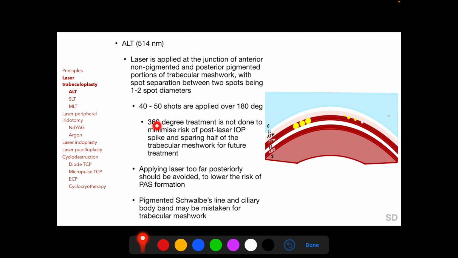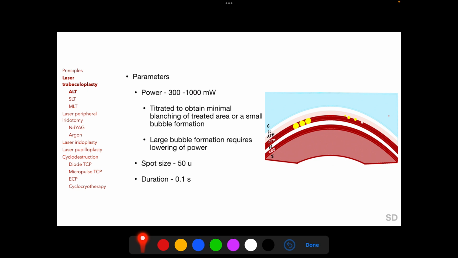360 degrees treatment of the trabecular meshwork is not done to minimize risk of post-laser intraocular pressure spike and sparing half of the trabecular meshwork for future treatment. Applying laser too far posteriorly should be avoided to lower the risk of peripheral anterior synechia formation, and during laser application it should be remembered that a pigmented Schwalbe's line or the ciliary body band may be mistaken for the trabecular meshwork. The power of the laser is titrated to obtain only a minimal blanching of the treated area or